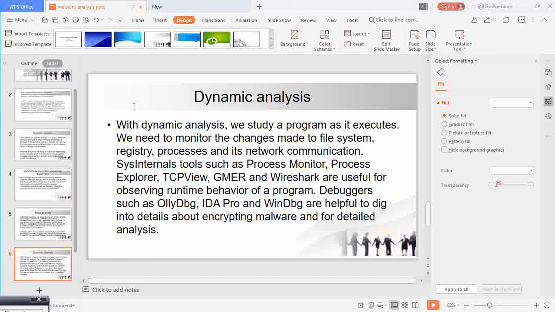Sysinternals tools such as Process Monitor, Process Explorer, TCPView, and Wireshark are useful for observing runtime behavior of a program. Debuggers such as OllyDbg, IDA Pro, and WinDbg are helpful to debug and dig into detail about encrypted malware and for detailed analysis.